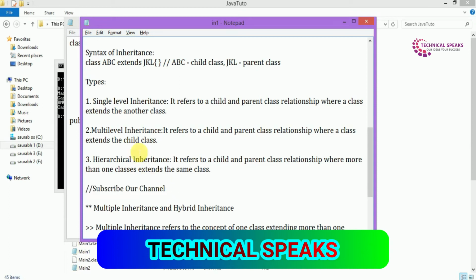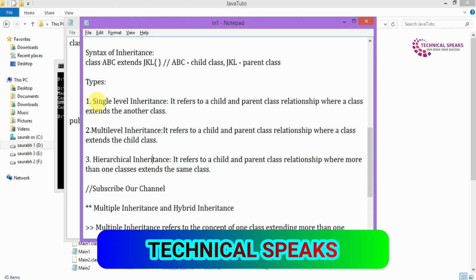There are three types of inheritance in Java. The first one is single inheritance, the second one is multilevel inheritance, and the third one is hierarchical inheritance. We are going to know about all three types one by one.